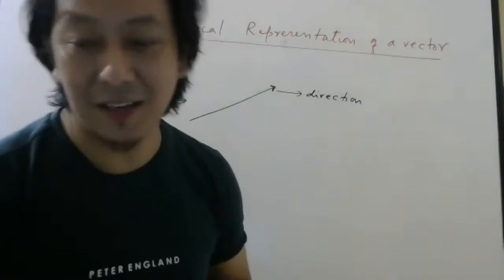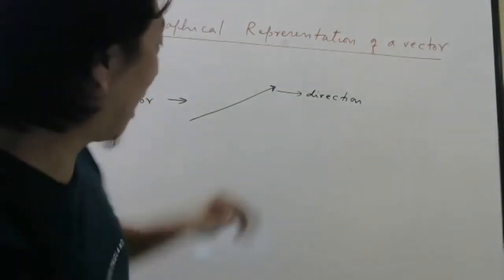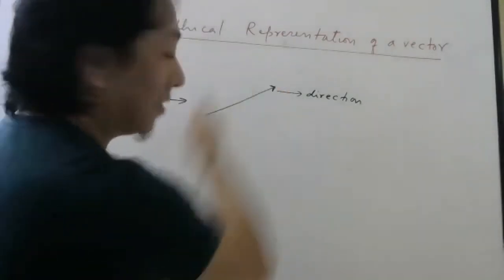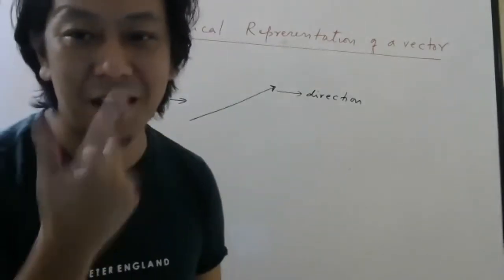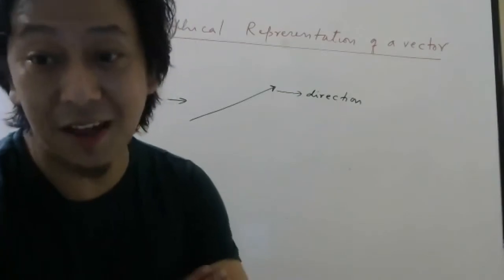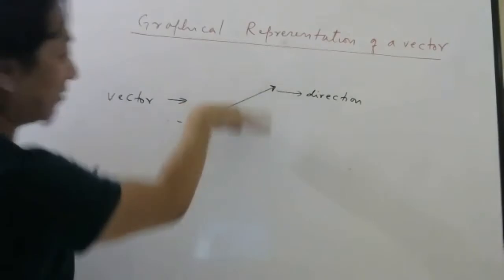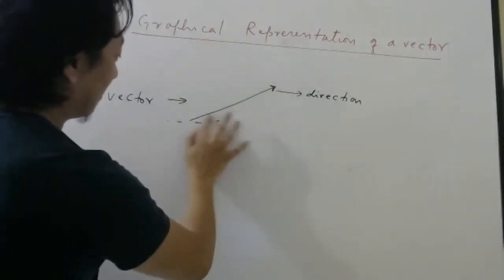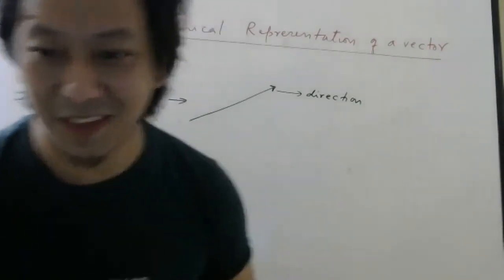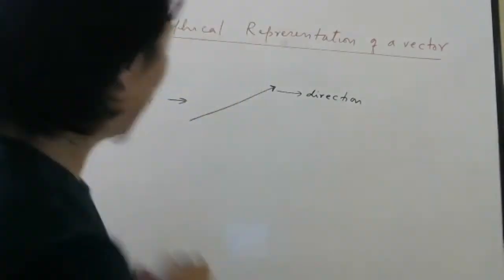Can anybody think what will be the magnitude for this? How to find magnitude of a vector from this arrow mark? Look carefully, there is only one thing left. No, angle will give direction. Nandita, angle will give you direction. If I change this angle, only the direction will change. See, every line has something, right? What is that? Yeah, Sanvi has told. The length of this line.